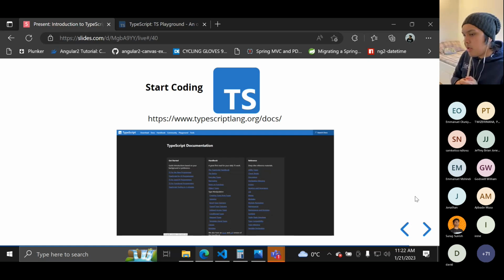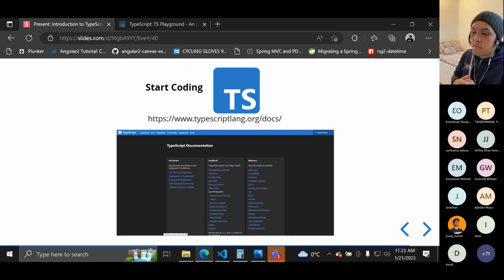So I know that I didn't discuss all of the features of TypeScript, and I just discussed some of the useful ones. But if you want to start coding or learn TypeScript, just go to typescriptlang.org/docs, and they really have detailed documentation.